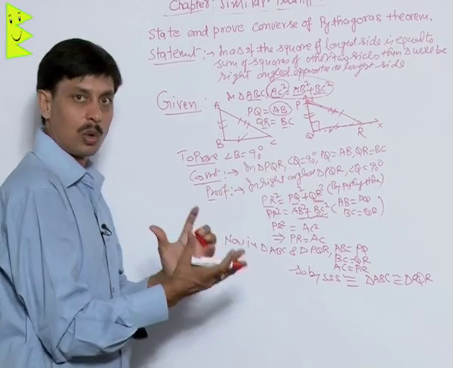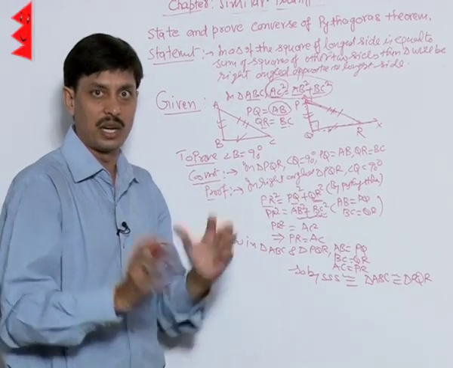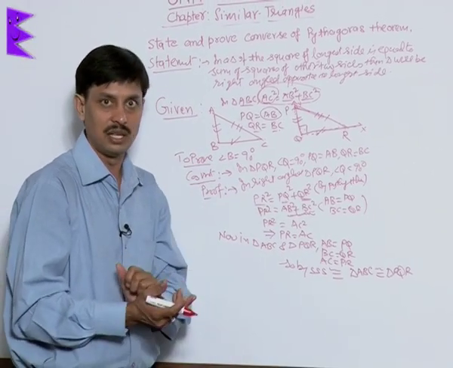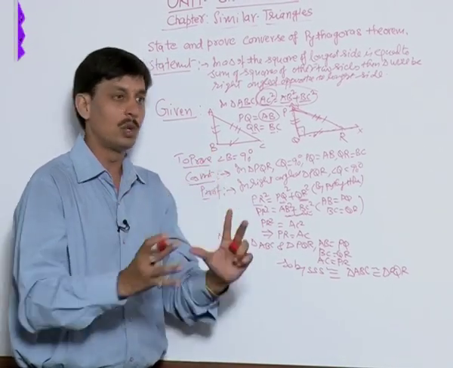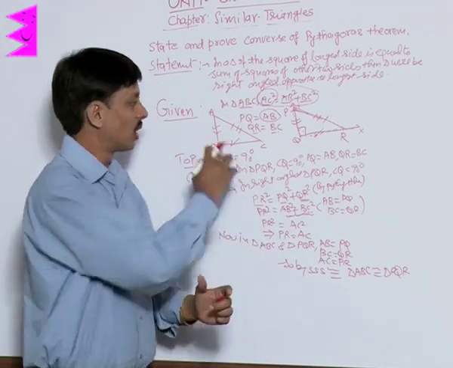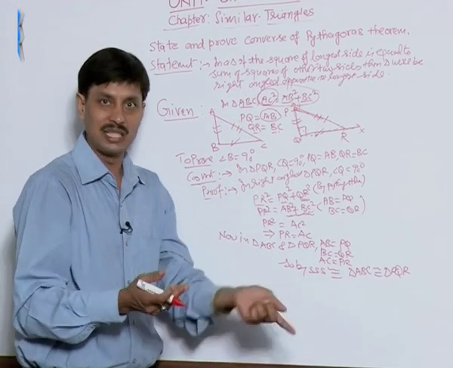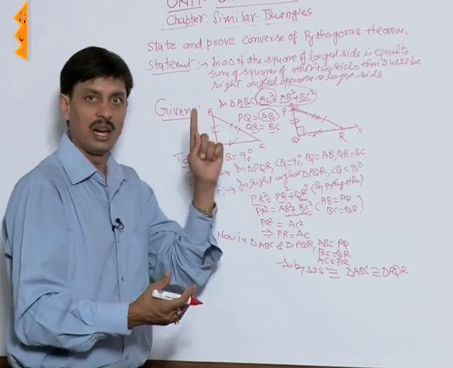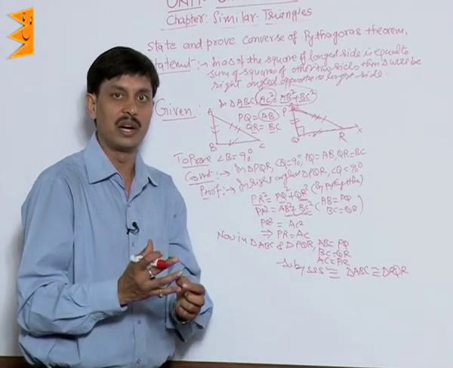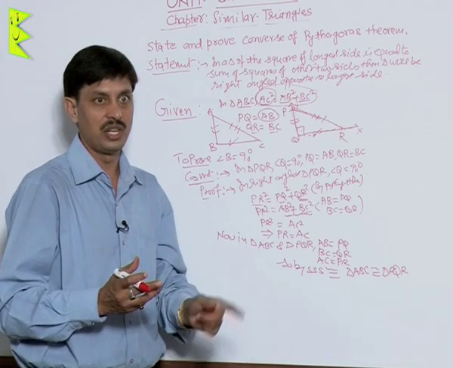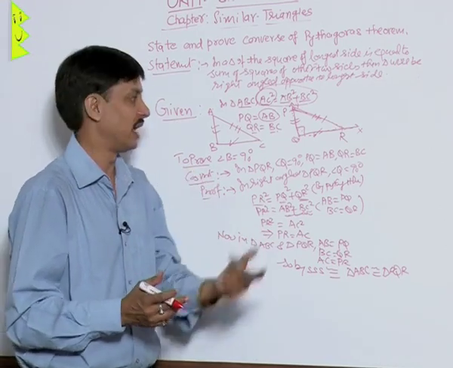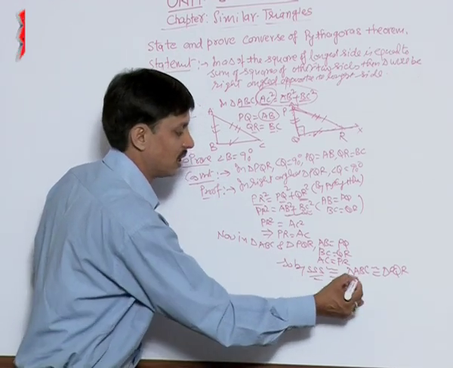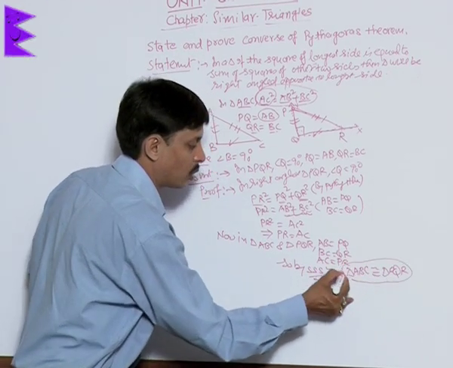But if two triangles are congruent, then their remaining parts are equal. A triangle has 6 parts, 3 sides and 3 angles. To prove congruence, we need to use 3 parts: either all 3 sides, or 2 angles and a side, or 1 angle and 2 sides, or a right angle, hypotenuse and a side. There are 4 conditions: SSS, RHS, SAS, and ASA. So by using the SSS condition, we have shown these two triangles are congruent.